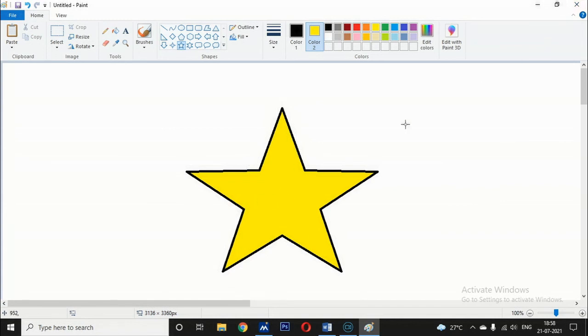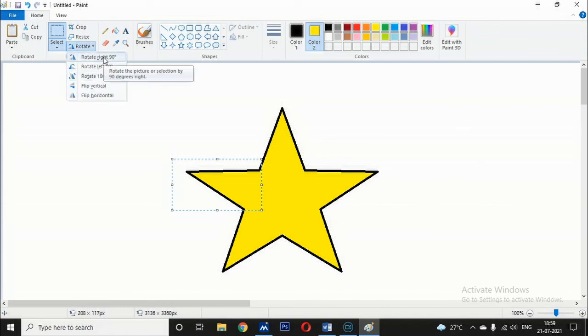First, if you want to rotate a portion, select that portion, and go to the rotate options. Click this rotate option.